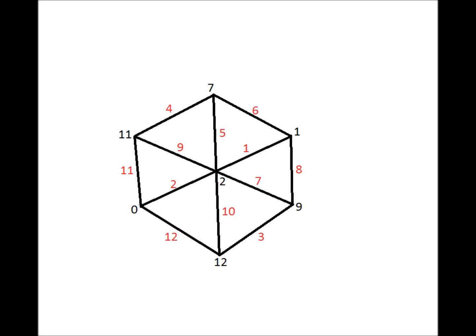The graph shown has been labeled with a vertex labeling, which can be verified to be a graceful labeling. The vertex labels are unique and are all between 0 and 12, the number of edges. Taking the absolute differences to obtain edge labels, we can verify that the edge labels are consecutive, forming the set 1, 2 to 12.